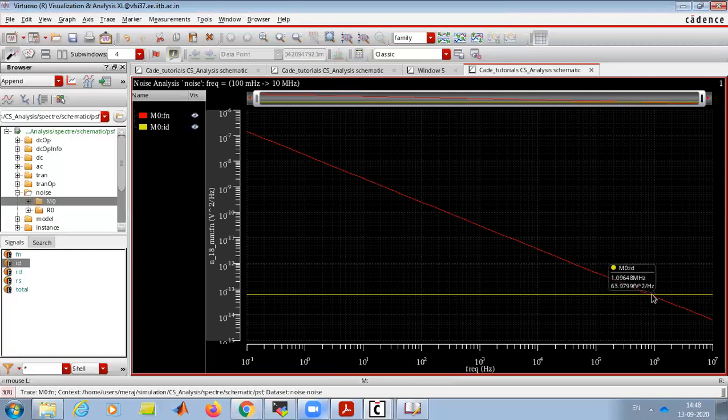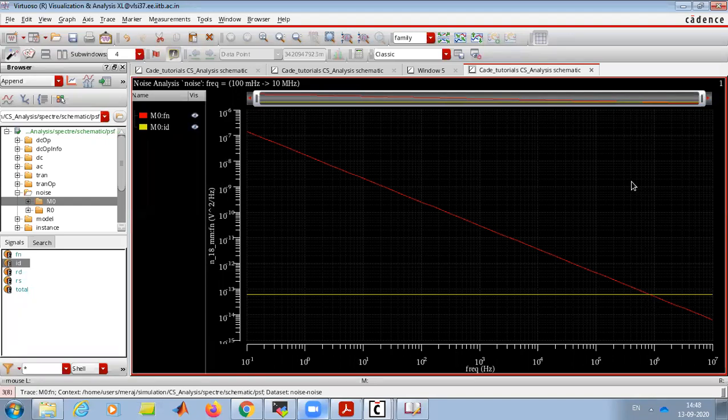You can see that here the flicker noise and the thermal noise intersect. This is called the corner frequency. These terms you will come across, where the flicker noise and thermal noise become equal. Here the corner frequency is around 1 megahertz.